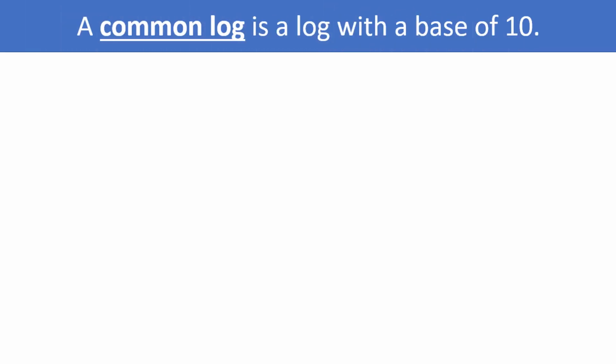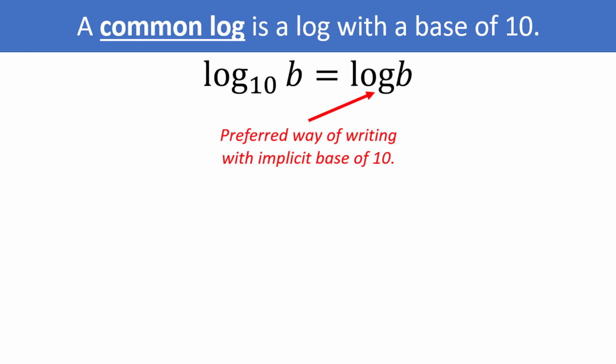Now, we've been discussing problems with all different kinds of bases for logs in this video. It turns out there are 2 really common log bases that are so frequent we actually have a different way of writing them. The first is log base 10. Log base 10 is so common that we literally call it the common log. It's so common that if you have log base 10, we typically don't even write the base. So that means if you see something like log base b without a base written, where b is just some constant, that means you can assume that the base is 10. The preferred way of writing a log with a base 10 is not to write the base at all, meaning the base 10 is just implied.